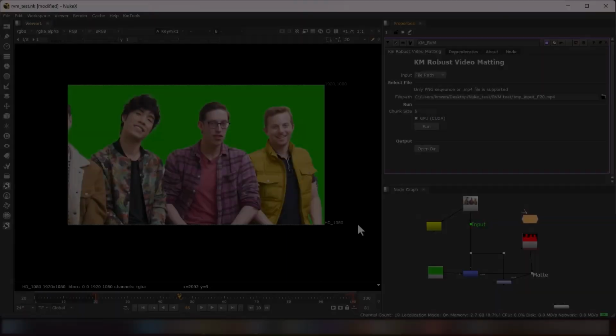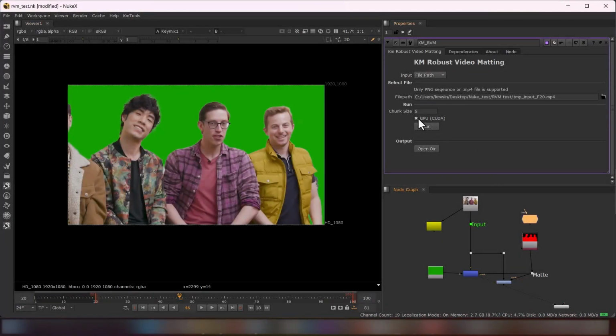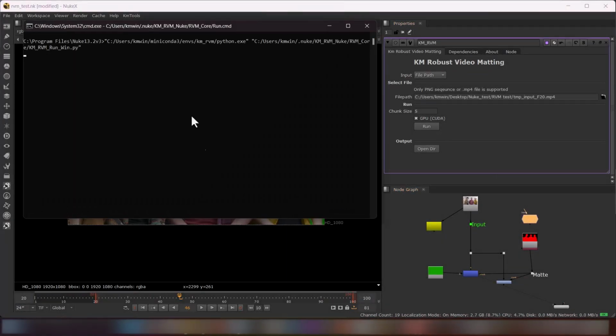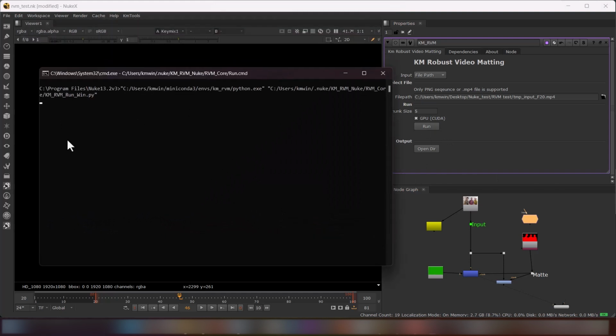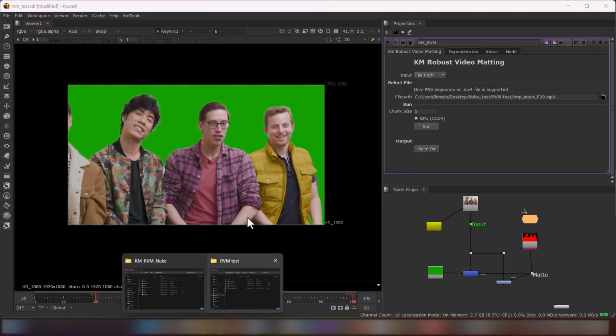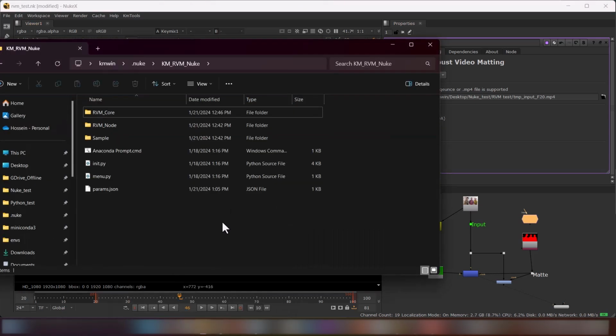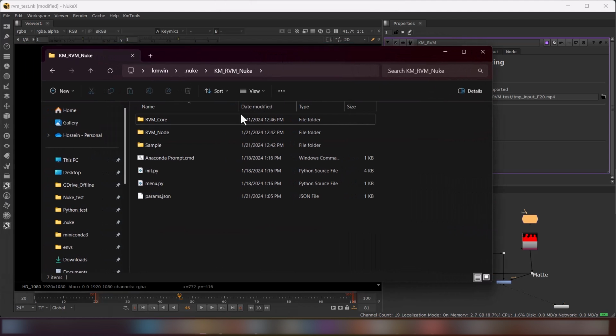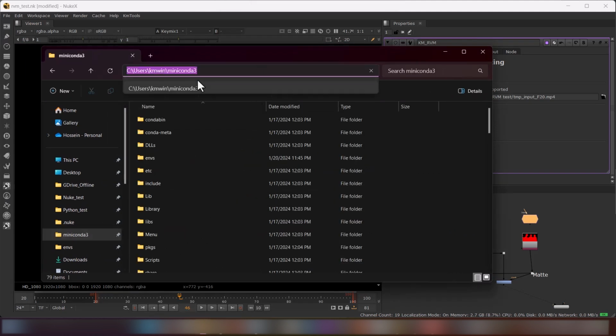Now let's use GPU. Currently, if we check GPU, it will run correctly, but as you can see here, it says GPU is selected, but it still runs on CPU due to no CUDA available. If you didn't install CUDA in the previous step, you can reinstall the dependencies to enable CUDA. Let's do it together. First, go to the installation location of dependencies, which is located here,